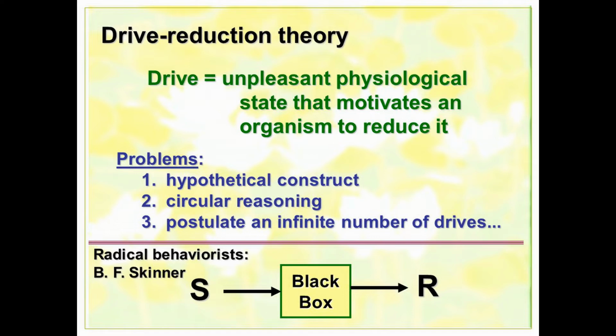For instance, it's not indicating anything about the physiological mechanisms involved. Instead, you are using the observation of a behavior to explain a behavior. Again, why is the dog doing that? Because it's thirsty. How do you know it's thirsty? Because it's drinking water. And it's circular. Circular reasoning is a very serious error of logic.